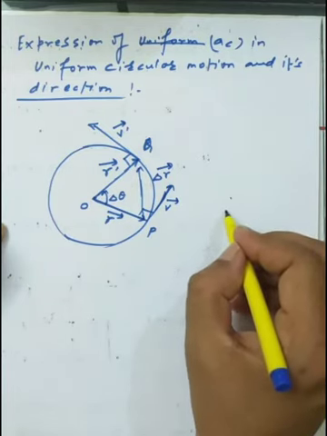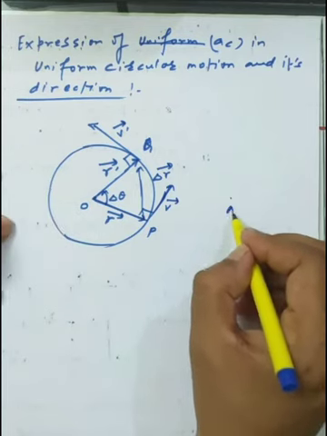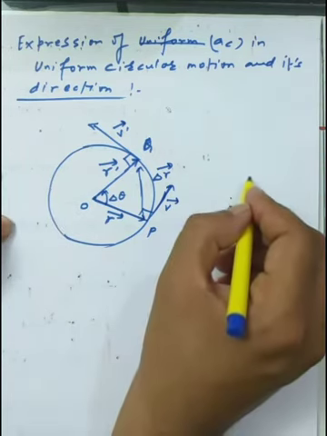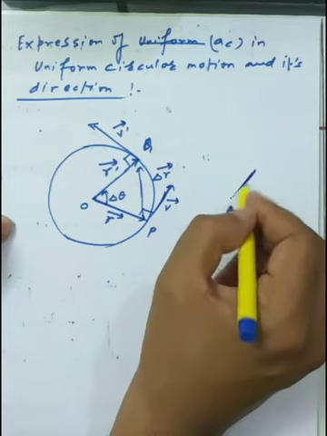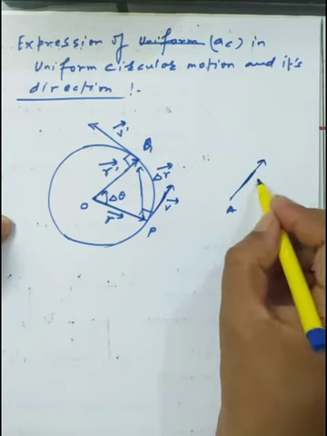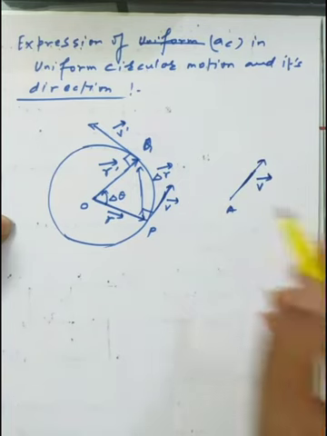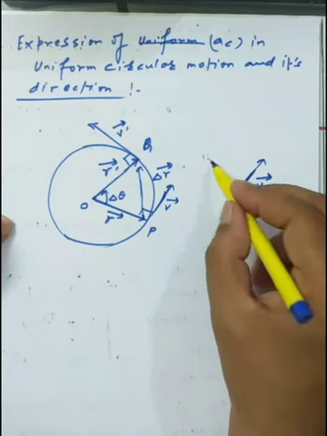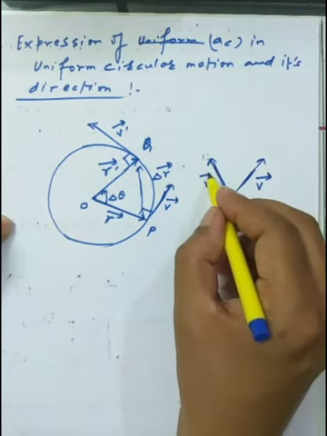So I am just assuming at the place of the O, that is called the A, and I am just taking the velocity vectors on the point A. Okay. So this one is one of the general methods we have. Now this one is the velocity vector, that is called the V vector. Okay. And another vector that is called the V dash vector. So this is called the V dash vector we have.